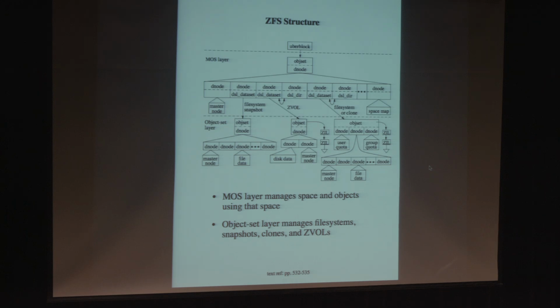They actually are there because at some point you might clone it, and so you'd need to know what at that time people were using. But logically, it's not there because we're not making modifications to it, so we don't have to track that stuff. All right, and then you can see the space map and the master node, which hang off of all these things. And again, that's really just sort of a place to put stuff about that particular object.